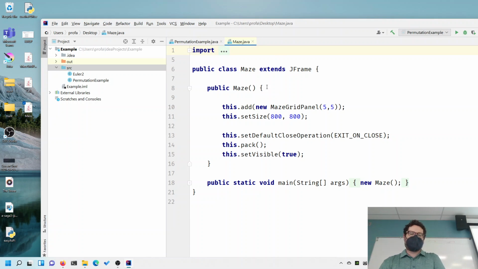So let's just look. What the maze does is that it will set up a 5x5 maze, which isn't very interesting, but it's easy enough to solve at the moment. You can change this into like a 50x50. Anything above that will start to get really dumb, so to say.